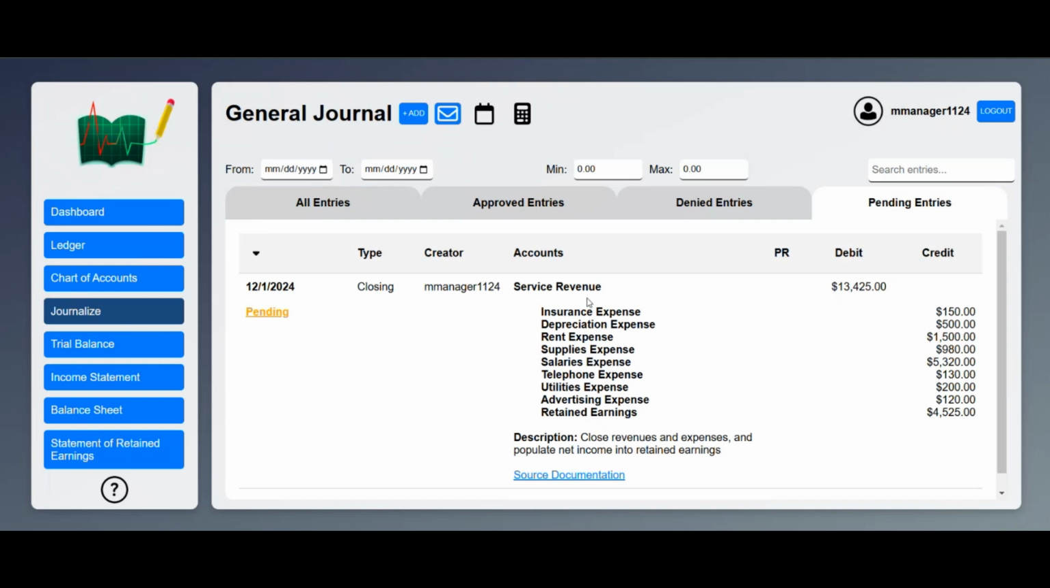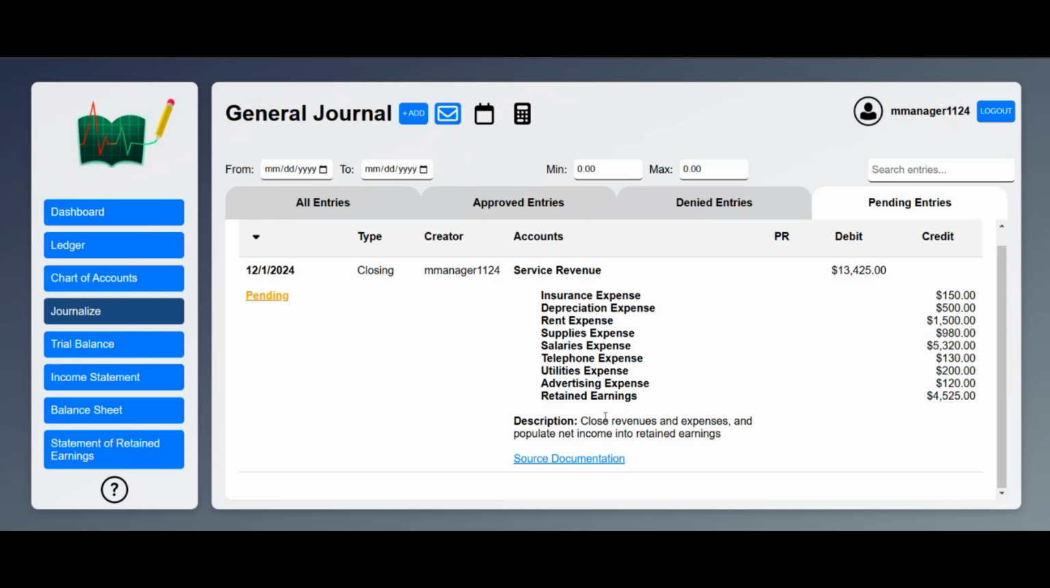You have the accounts that were either debited or credited in the entry. You have here first the debit account, which is then separated from the credit accounts, and then also the credited accounts are indicated by its indentation here. And then you have the debit amount here, and then all the debit amounts respective to their accounts here. You also have the description as to why the entry is made, and then there will be some source documentation